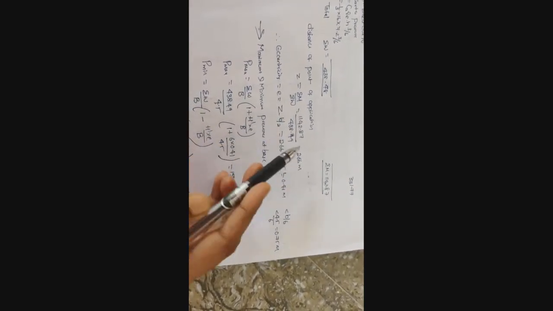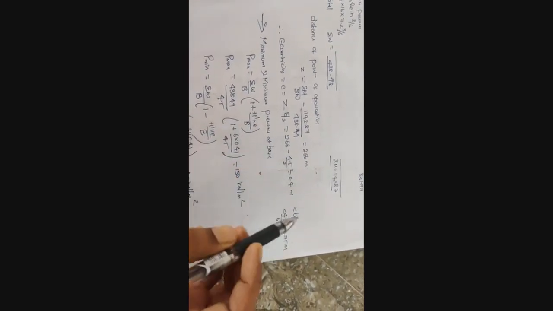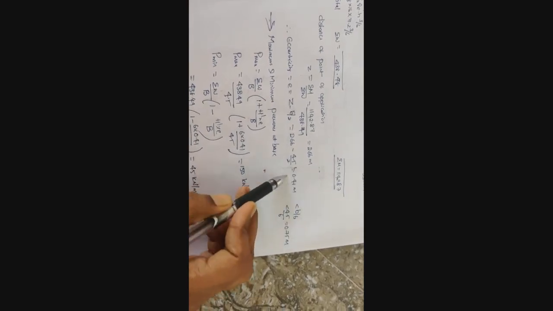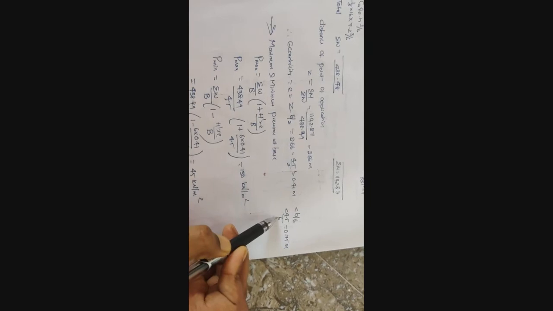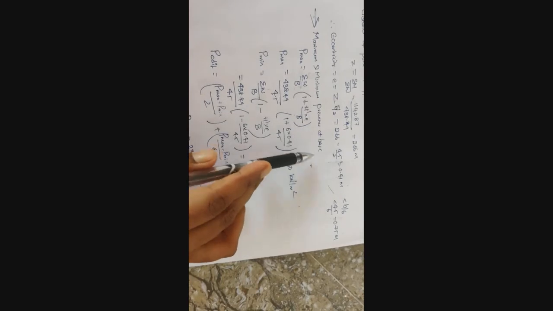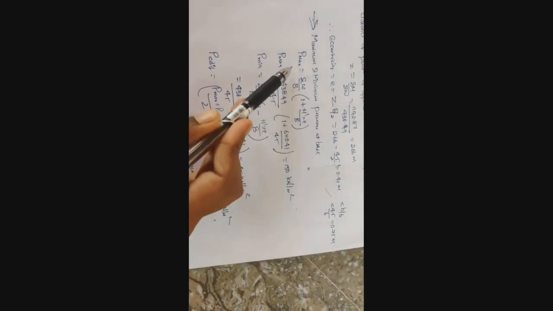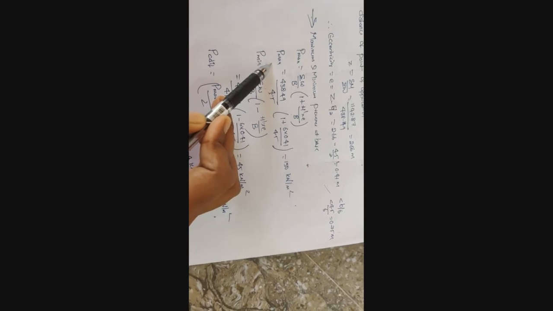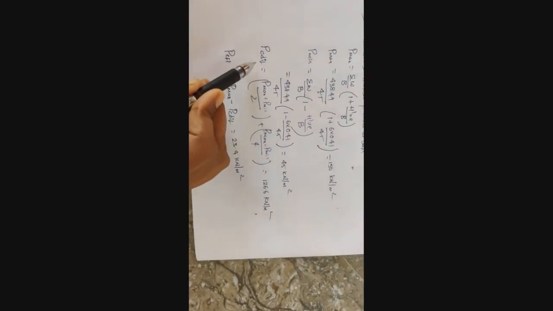For eccentricity, we have to know small e is equal to z minus b by 2. This b is nothing but the complete base width of the toe slab. So here 2.66 minus 4.5 by 2, you will get 0.41. This value has to be less than base width by 6. See, it is less, so it is safe. So when you are finding the maximum and minimum pressures at the base, these are the four formulas: P maximum at the toe point, P minimum at the heel point, P CD at the stem connection point, and P EF at the toe connection point. So depending on these formulas, you will find these values here.